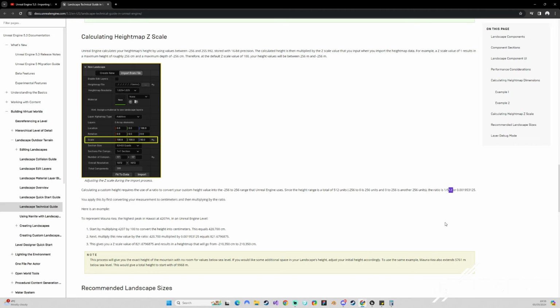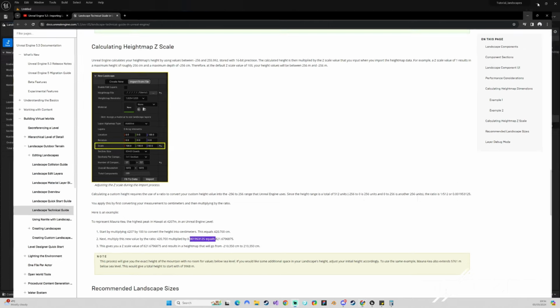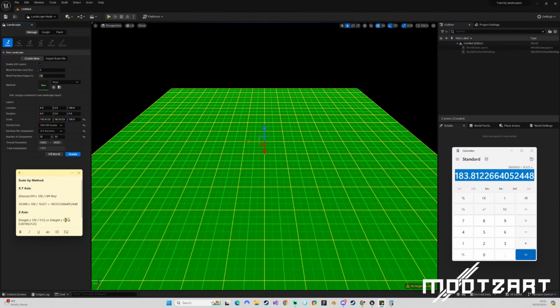You can see it. 512, alright? It's simple. It's 1 divided by 512, or this horrible number. So essentially, it then explains here that you multiply your desired height by 100 to convert height into centimeters, and then next multiply this new value by the ratio. So that is basically this desired height, multiplied by 100 to get your centimeter value, then you multiply it by this. So, that was tiring, but you can read that documentation if I just kind of rushed it,